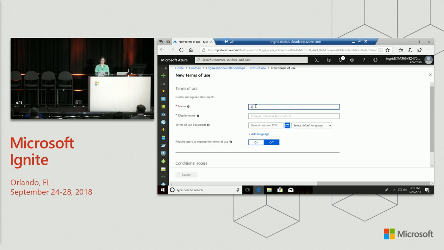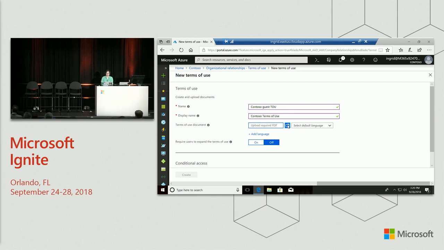She'll call it TOU guest TOU. And this is probably the only example in history where I'd actually want to use the example text that's in the box, but I gotta type it out. And then I'll upload that PDF